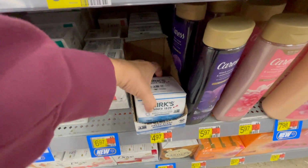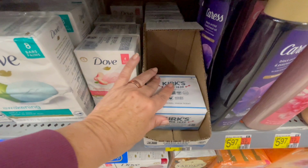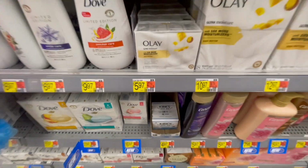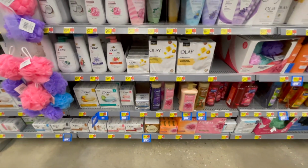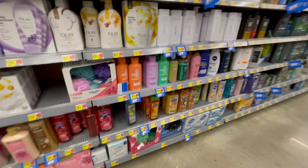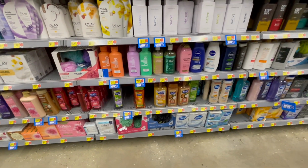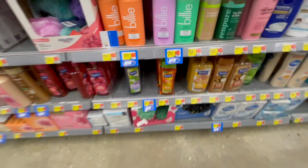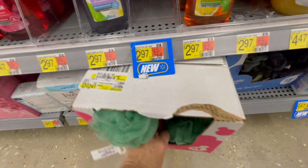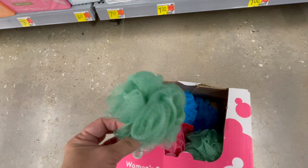This is a soap, this Kirk's, and it's just Castile. It's very simple ingredients, and they used to carry the body wash, which I do love. I get it elsewhere, and they don't carry it anymore. It's really affordable, really good ingredients, and it's not drying or anything. I find the bars a little bit more drying, but we do grab those and have them in the bathroom